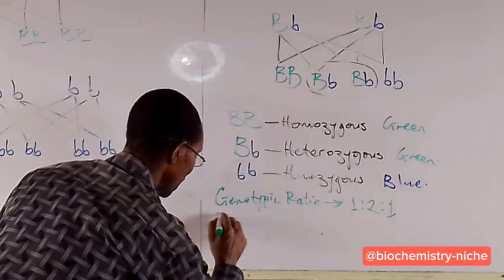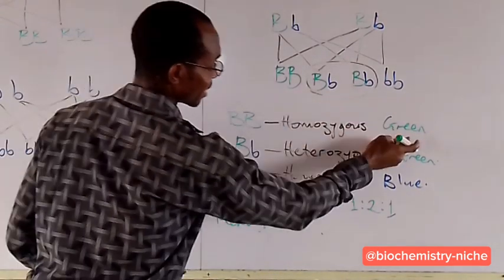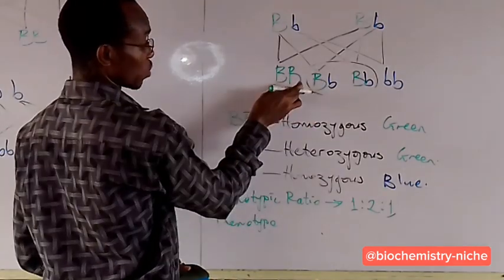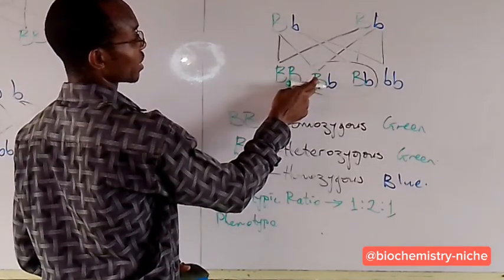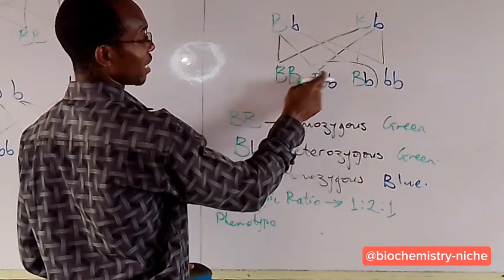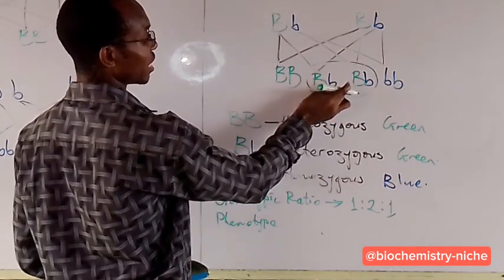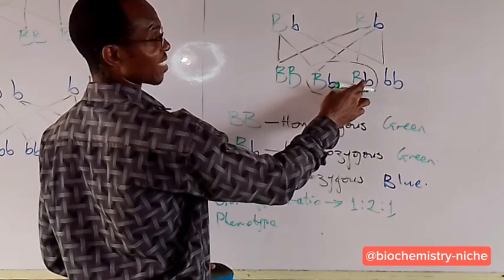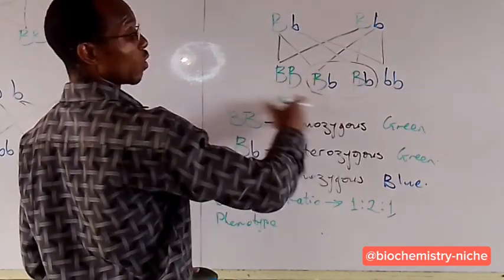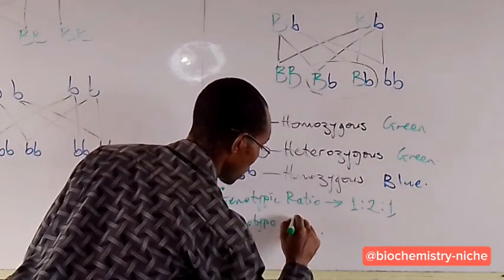And then phenotype now. The phenotype, we have green, and we have blue. Because this one here is green, this one is green, this particular one here also is green, this one also is green. Because this capital B is green, and it is masking the small b. It's masking the small b, so we have this one to be green, and then the small b is just there as the recessive trait. So we have this one to be green, this is also green, this is also green. When we look at it from the outside, it is only this that is blue, so the phenotype is going to be green